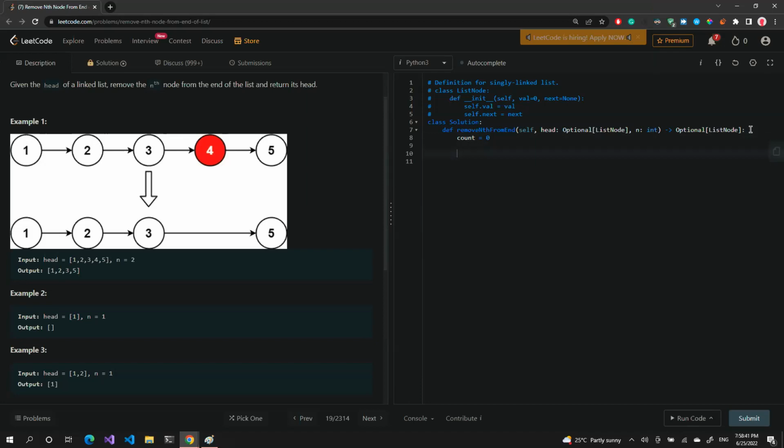So I guess while we need something to point to the head node. So maybe like a dummy, just a pointer. Yeah, dummy head equals head. And then while dummy head doesn't equal none, count plus plus, and dummy head equals